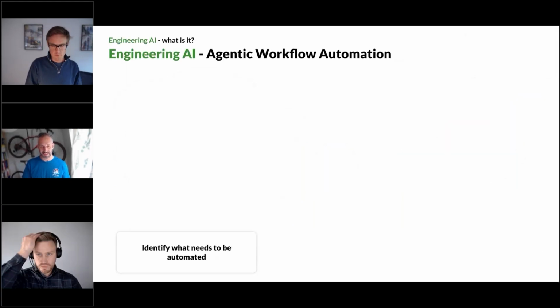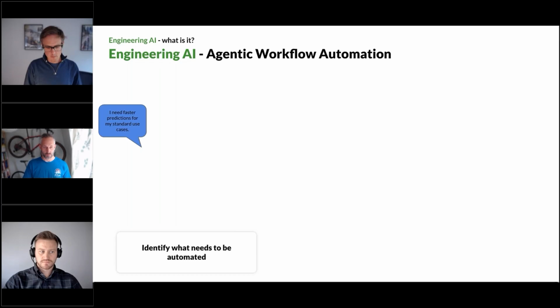Engineering AI is different. It doesn't really need that pre-training, and it can do different things. But first, we need to decide what we need it to do. So we need to find a problem to fix, and there's many. So we've talked to lots of customers, and we have an advisory council too that gave us some of these examples, and I'll share some.